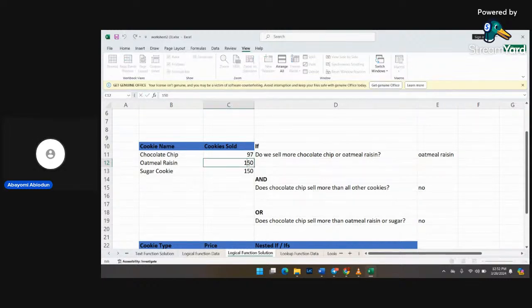So if I increase this to be 920 or 970, you see that this will change, or is not even changing. So that shows I need to rewrite the condition if I want it to change. So now the condition is just that: do we sell more chocolate chips or oatmeal raisin? You have to locate the chocolate chips, locate the two positions, write your condition, and pick up the one that has the highest